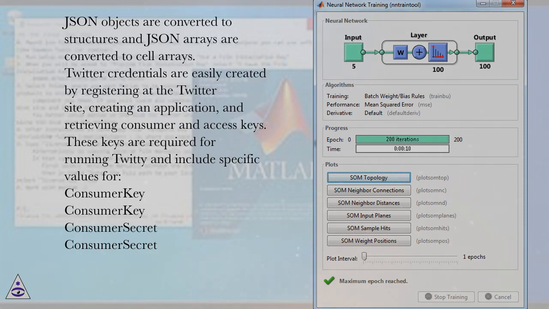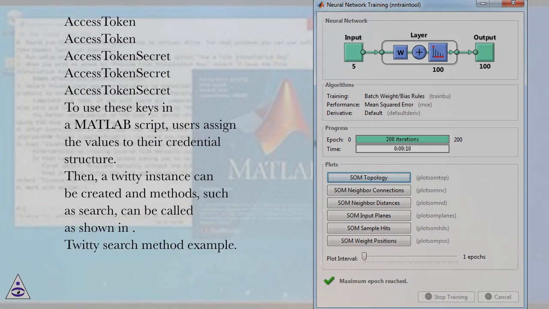Twitter credentials are easily created by registering at the Twitter site, creating an application, and retrieving consumer and access keys. These keys are required for running TWITTY and include specific values for consumer key, consumer secret, access token, secret. To use these keys in a MATLAB script, users assign the values to their credential structure. Then, a TWITTY instance can be created and methods, such as search, can be called as shown in the TWITTY search